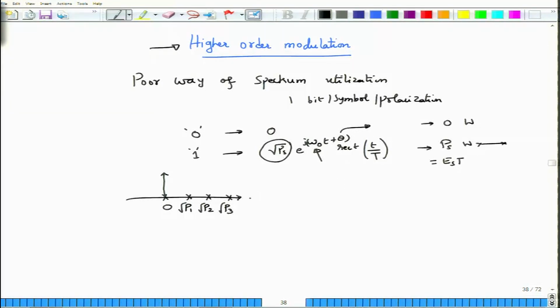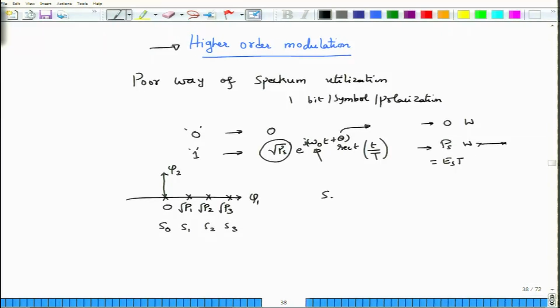And if you remember our signal space analysis, we said that any signal which has a certain duration and a certain finite energy can be expanded in terms of certain basis functions, and that is precisely what we have done here. These S0, S1, S2, S3 are all different symbols or waveforms, and each of those waveforms is a one dimensional signal itself. They have a point up there.